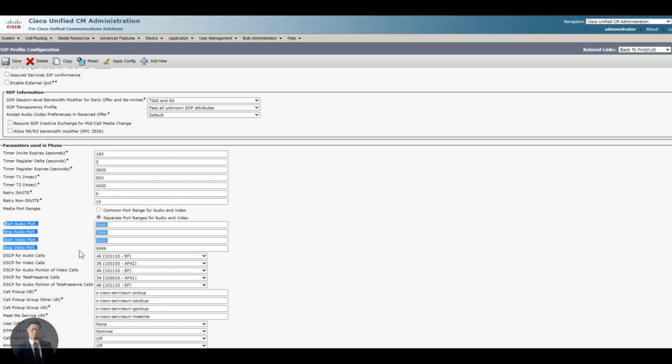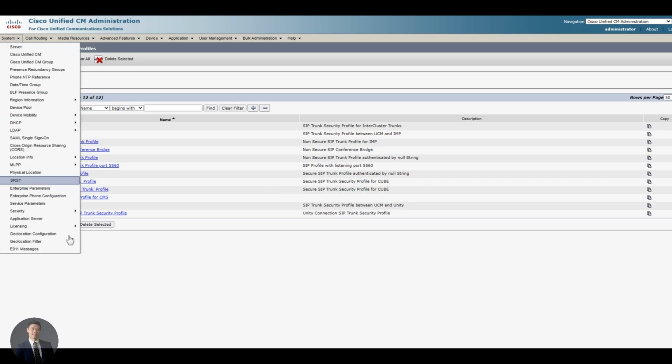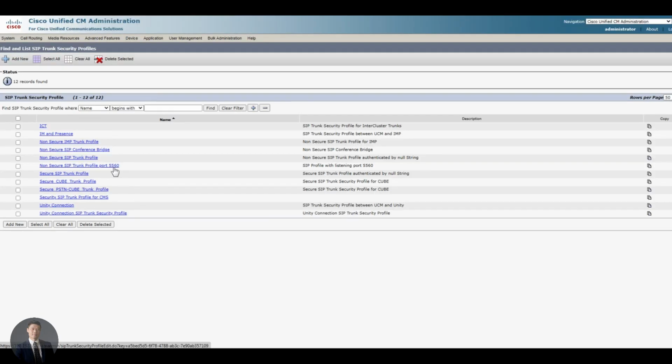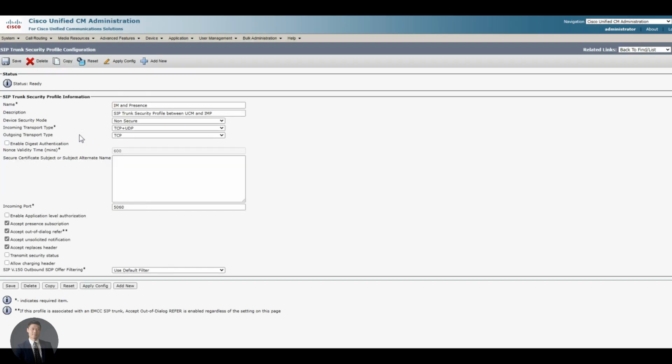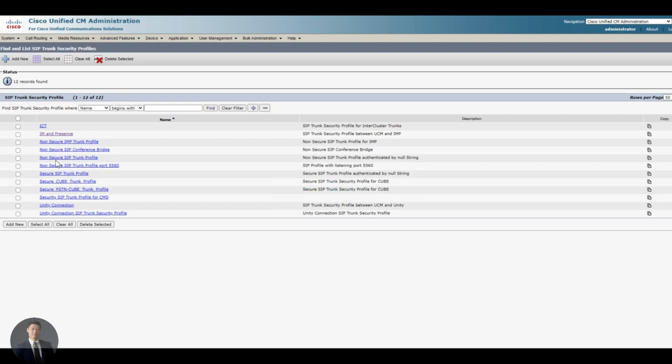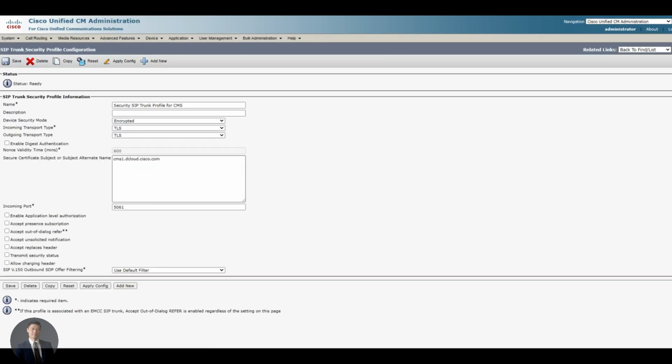For example, we are going to navigate to System, then Security. We'll find the SIP trunk security profile, and we'll find IM and presence, or we could take a look at the secure SIP of CMS. Here is where we define the incoming port. Now if I take a look at the SIP profile,